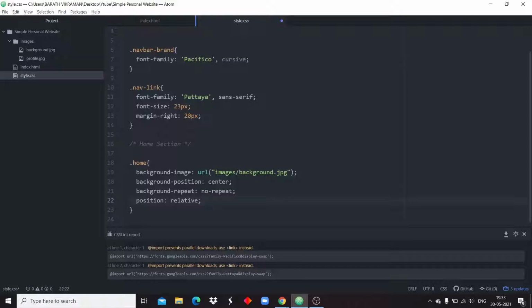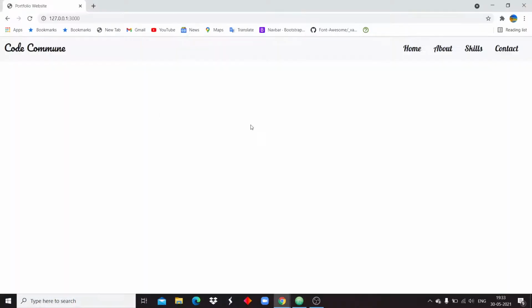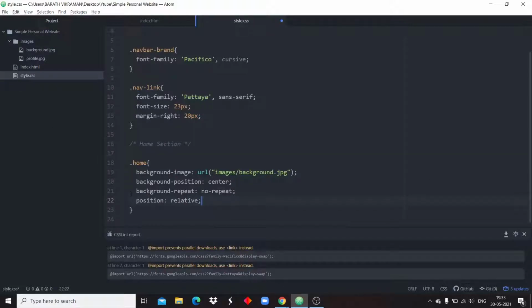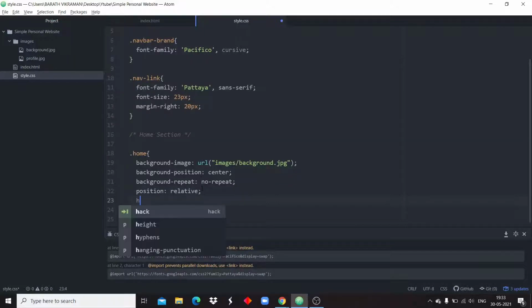Background position center means it automatically views in the center, and background repeat no repeat means if we don't specify the no repeat, it will show some hundreds, 200s of images in your screen. So we need to specify the background repeat attribute. And finally we need to specify the height. I'm just specifying it as 650 pixel.